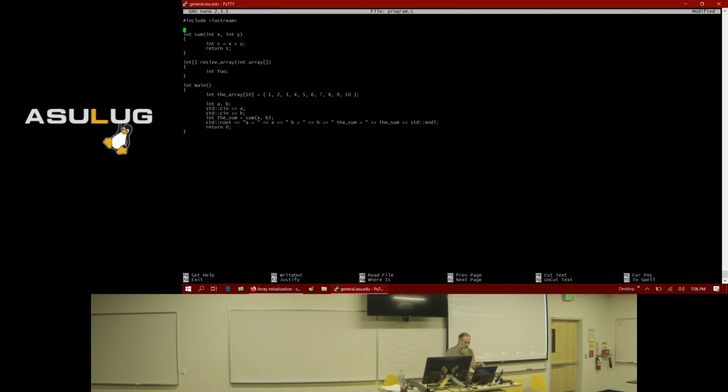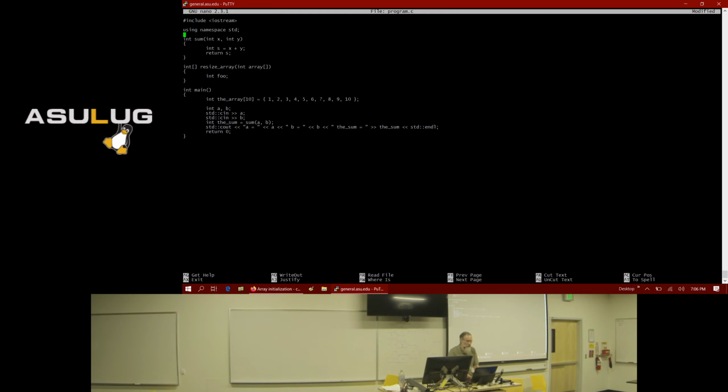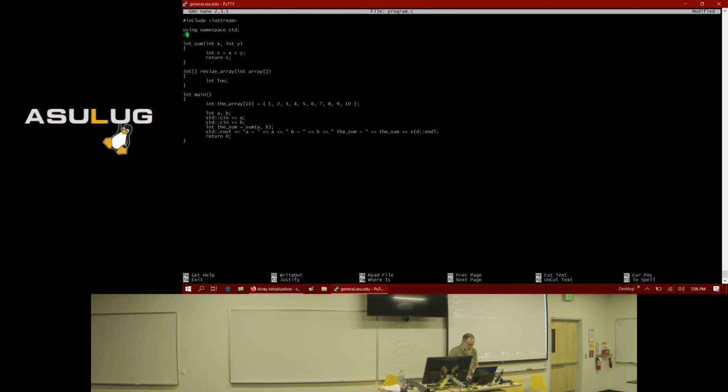If I have the using namespace std line here, that essentially imports all of the names that are part of the std namespace into my program. So now what will happen is, because within this namespace there is a variable called std::foo, well, now that variable name is going to conflict with my variable name here.